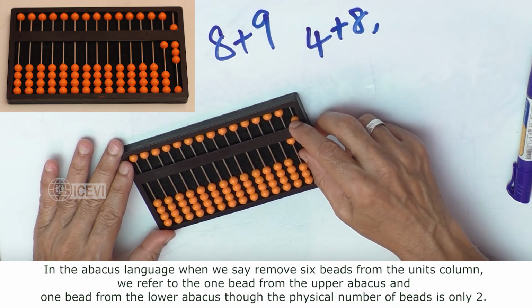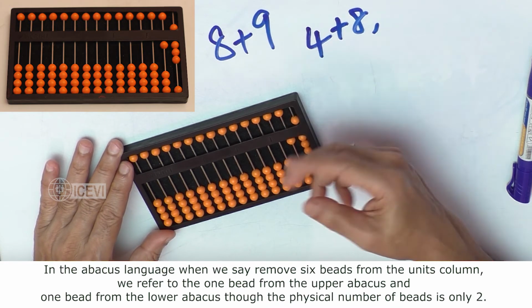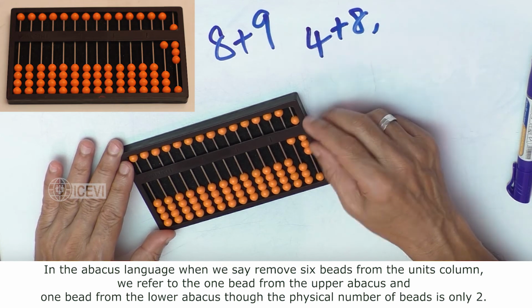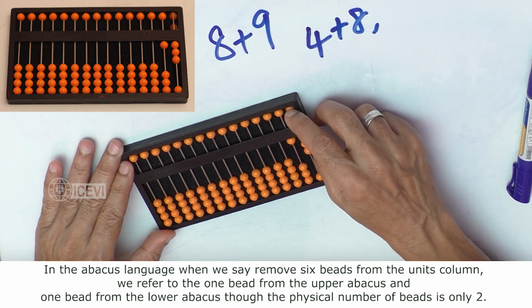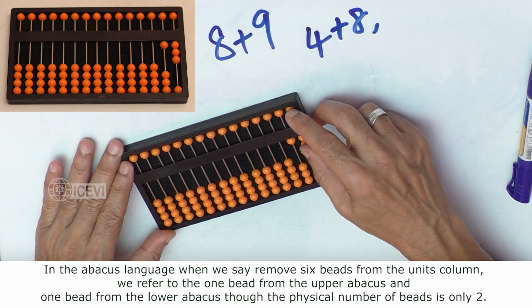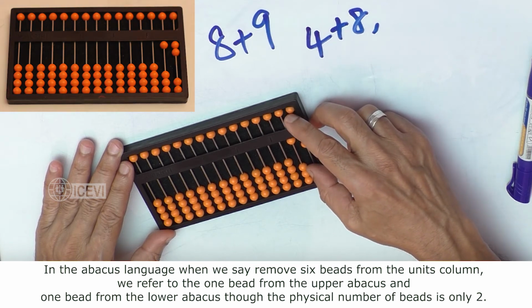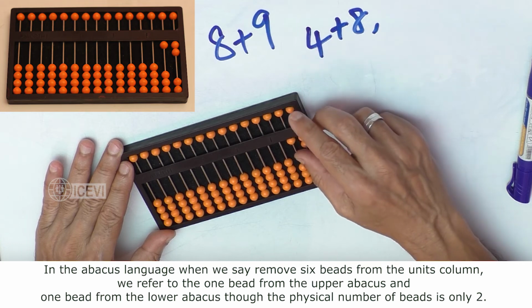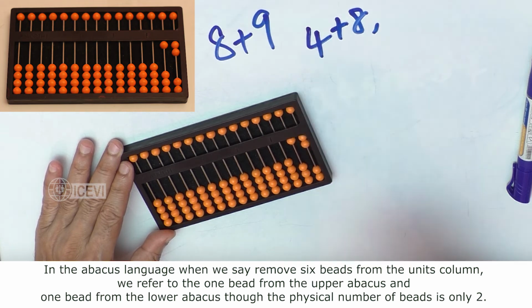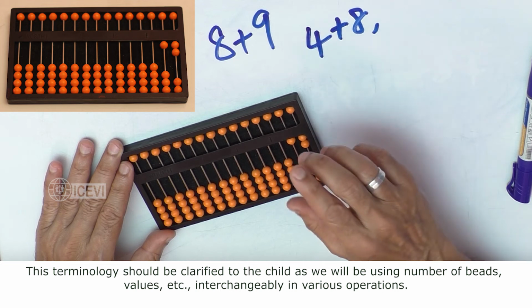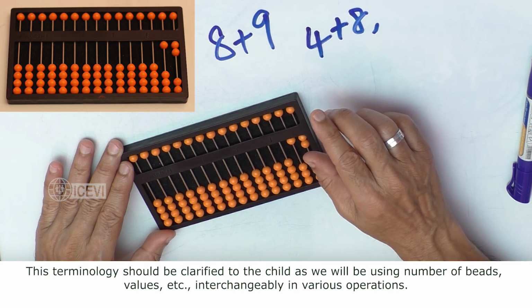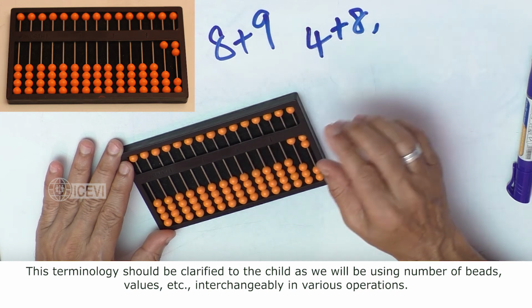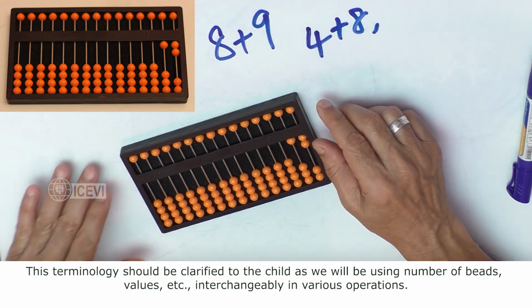In the abacus language, when we say remove 6 beads from the units column, we refer to the 1 bead in the upper abacus and 1 bead from the lower abacus, though the physical number of beads is only 2. This terminology should be clarified to the child,